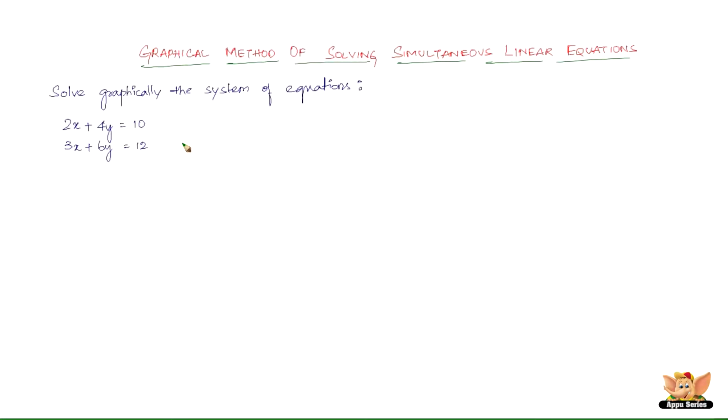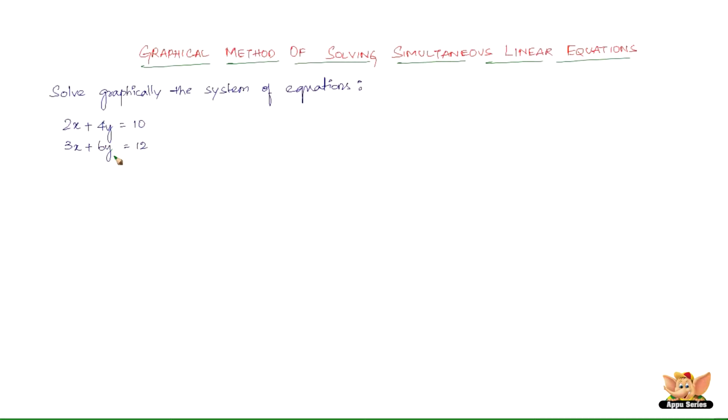In this video, let us continue solving more problems based on graphical method of solving simultaneous linear equations. We've got a question here which says solve graphically the system of equations 2x plus 4y equals 10 and 3x plus 6y equals 12. So now, as you know, to solve it graphically, we first have to find two solutions